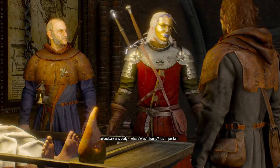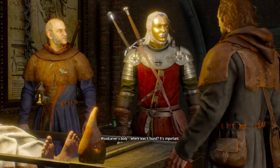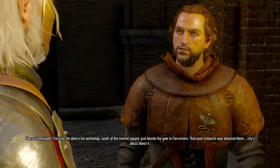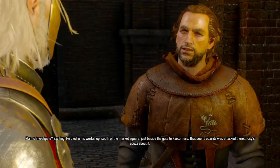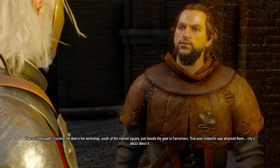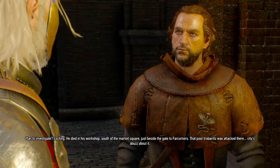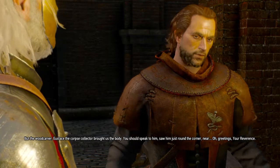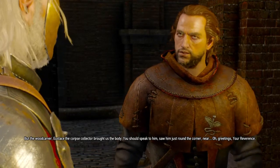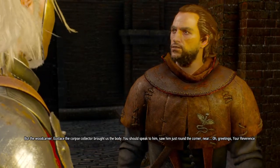Woodcarver's body. Where was it found? It's important. Plan to investigate? Exciting. He died in his workshop south of the market square, just beside the gate to Far Corners. That poor Trebyritz was attacked there. City's abuzz about it. But the woodcarver, Eustace the corpse collector, brought us the body. You should speak to him. Saw him just around the corner near...